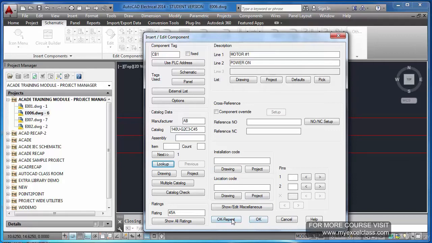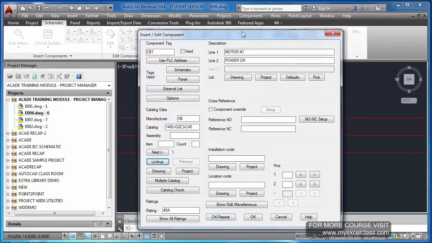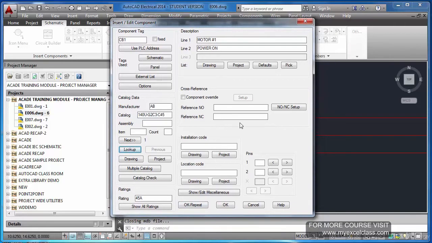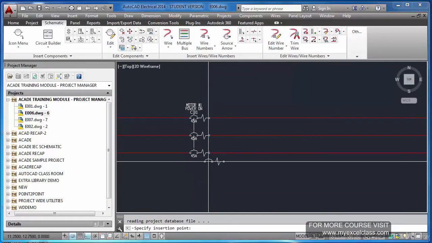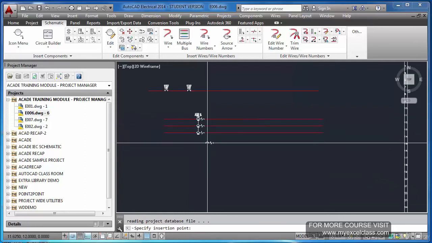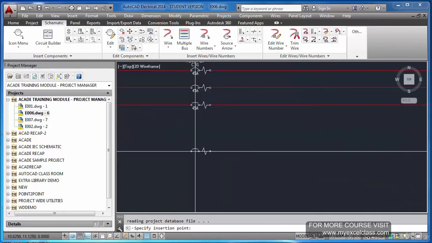Okay, and if you want to insert one more just after inserting the first, use this option. Okay, repeat. Now if I press OK, repeat, the first one is inserted and it is asking where to insert the second one.